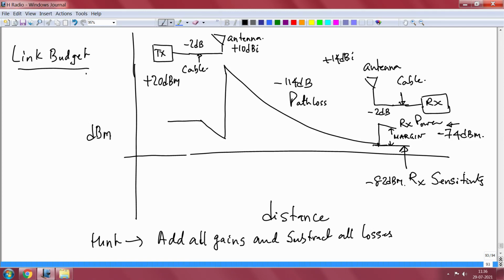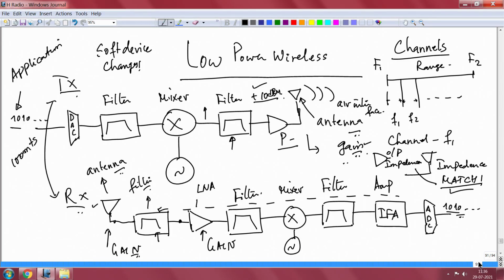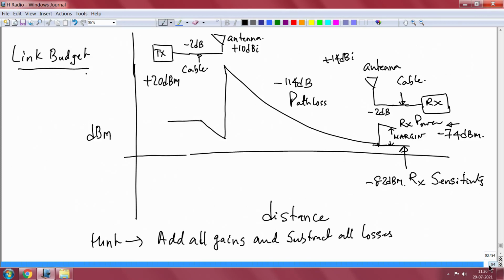What it actually means is, this picture is very straightforward, because if you have understood this picture you actually know the other picture. The power amplifier is here, the transmit antenna is here, the receive antenna is here, the receiver amplifier circuits are here, and there are cables connecting from the antenna to the amplifier. Similarly there is a cable connecting from here to here, I mentioned impedance matching and so on. So if you know this picture well, you know what is actually happening here. So let us see what happens.